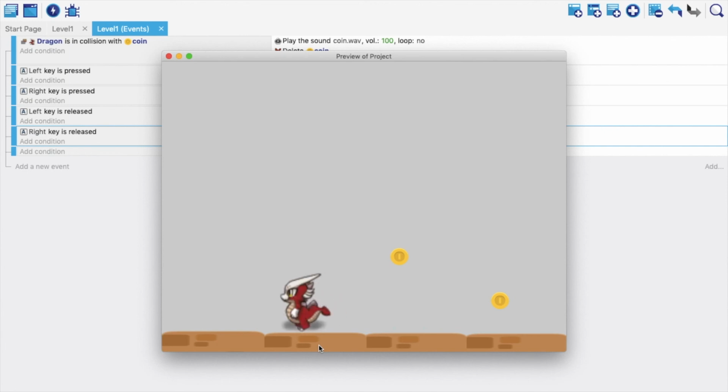Let's try the other one. So I'm going to press left key. Oh wow. So whenever I'm pressing left key, it's actually working. And when I press right key and I leave it, left key, right key, basically when I'm leaving it, it's actually giving me that kind of illusion that he's not walking now. So I think, wow, that was good, that was successfully done.